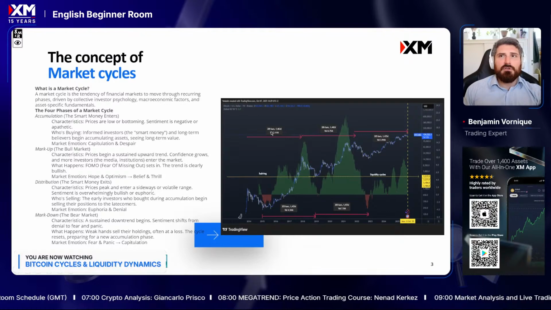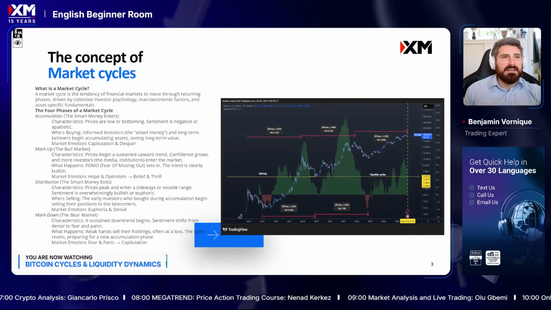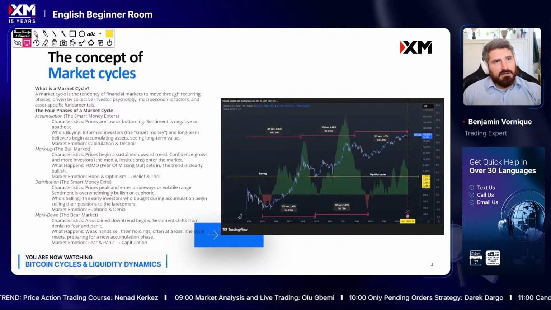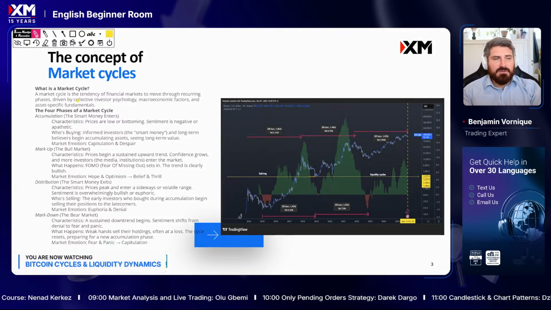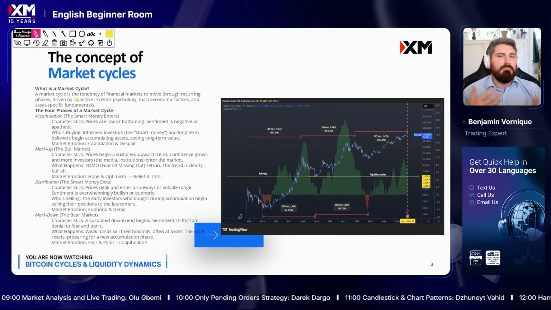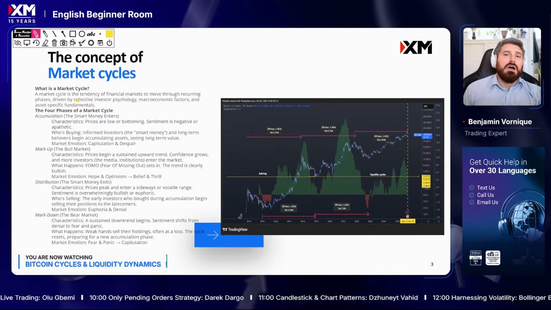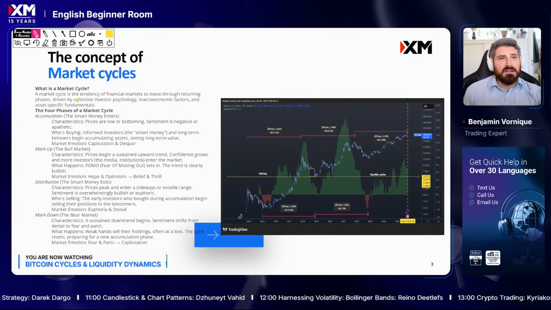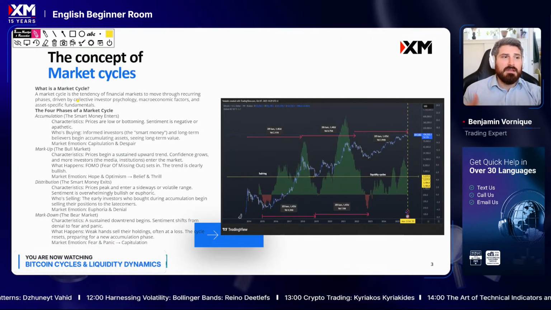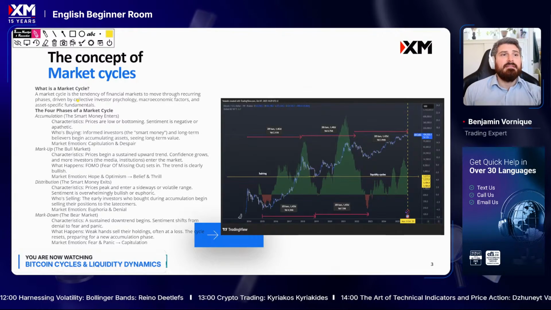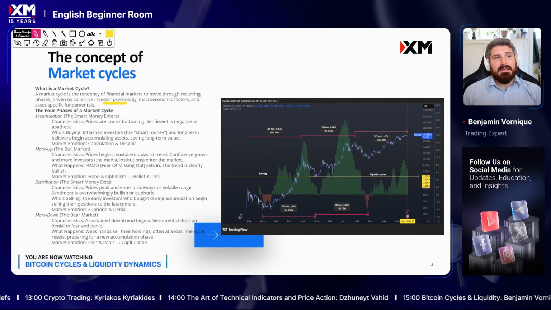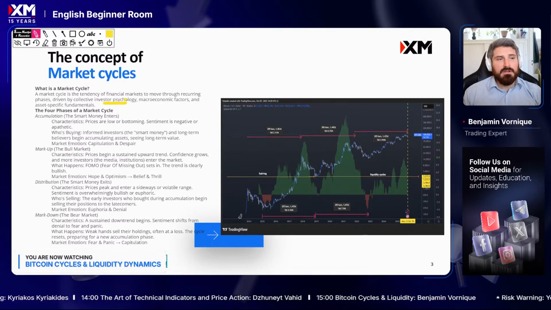So let's talk about the concept of market cycles. The idea here is that a market cycle in every asset class, okay, we'll be more specific about Bitcoin after, but first about all the assets. The market cycle is the tendency of financial markets to move through recurring phases, okay? Those phases come and go and come and go again. And usually they are driven by collective investor psychology, okay? It's like mass crowd behavior